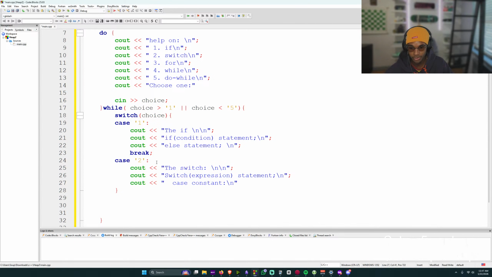So switch is a switch expression and a statement, case constant, statement. SEQ.